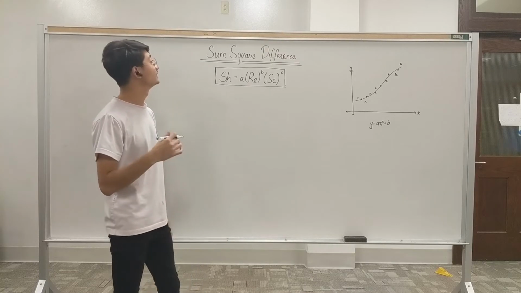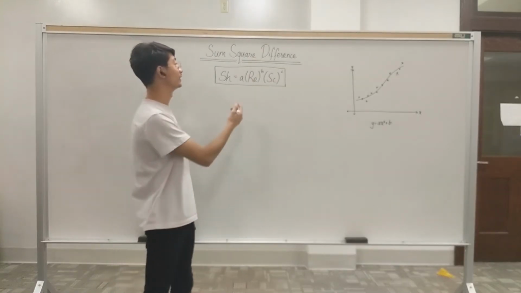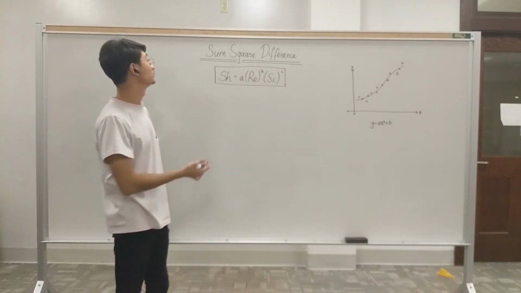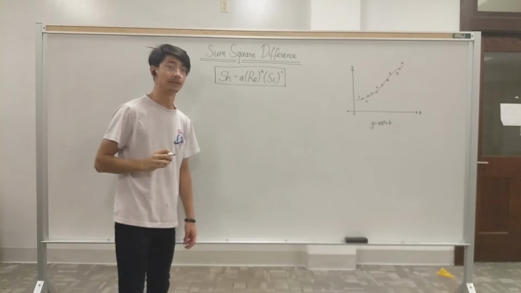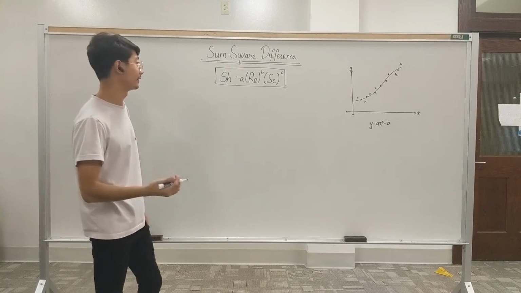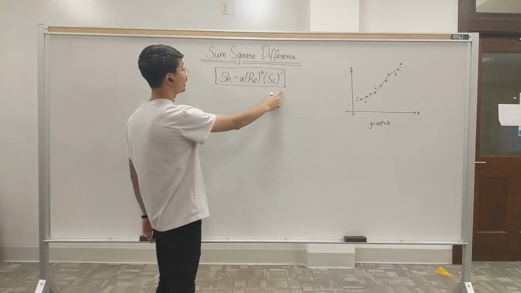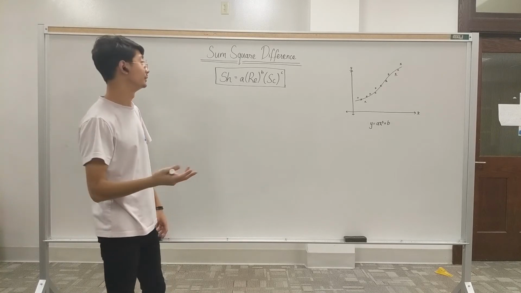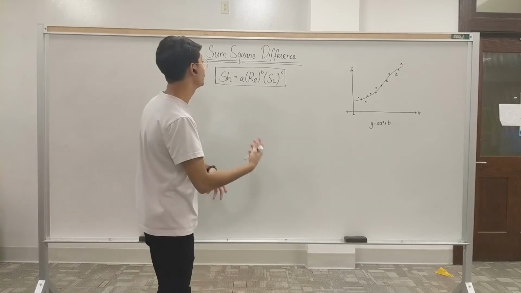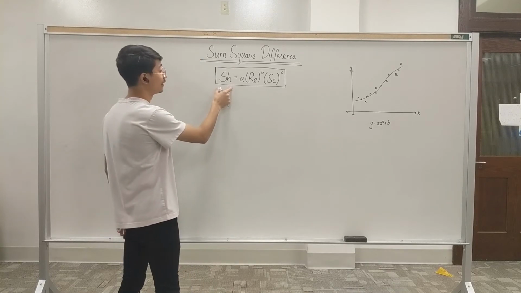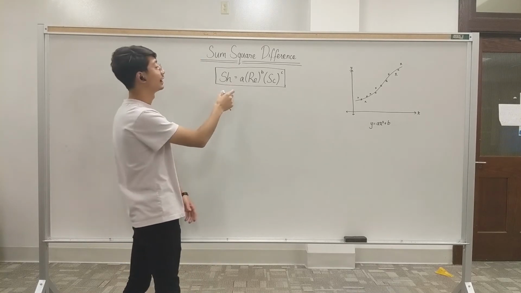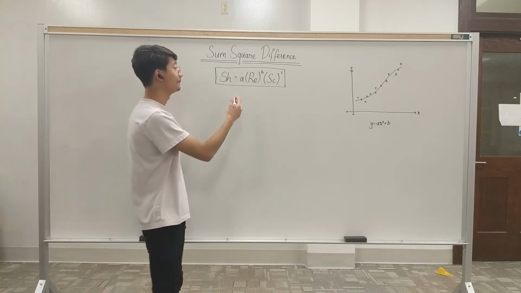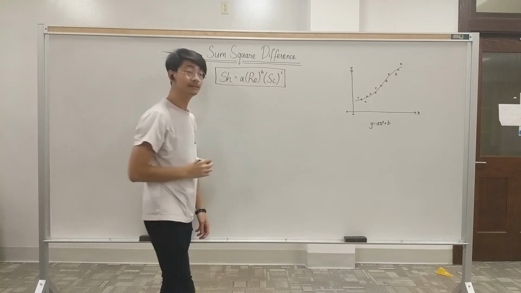So the second way that we can find out what the values for our unknown constants A, B, and C are is what's called a sum squared difference method. So what do I mean by that? So we have our actual equation, which we assume to be true. And what we want to do is see how different our observed value is from a calculated value. So what we're going to do for that is make a guess for A, B, and C, and